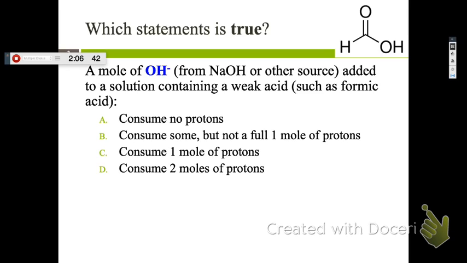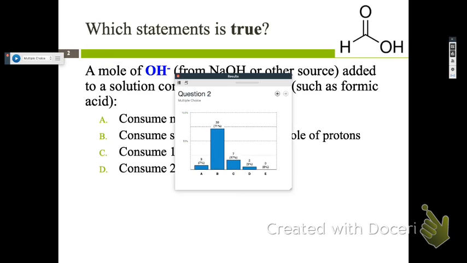Say again? Is it because it's more stable when it's together? Right, so carboxylic acid is a little bit more stable. You'll find more of the OH together than apart, but it does separate some of the time. And so with this question, I want to drive home the point